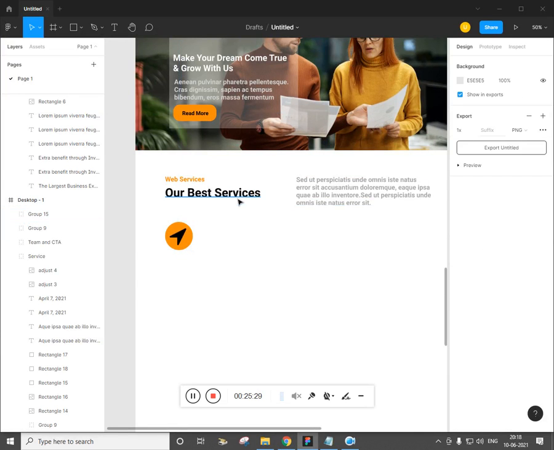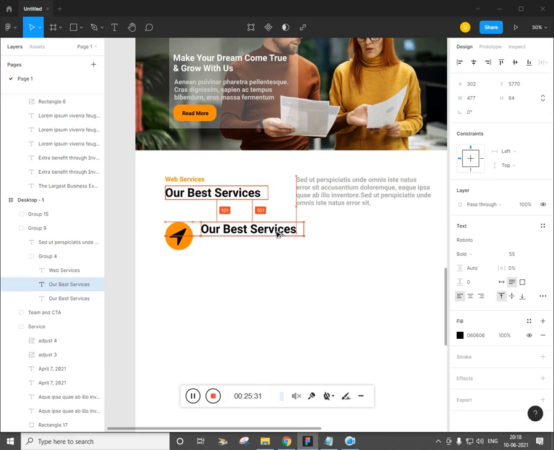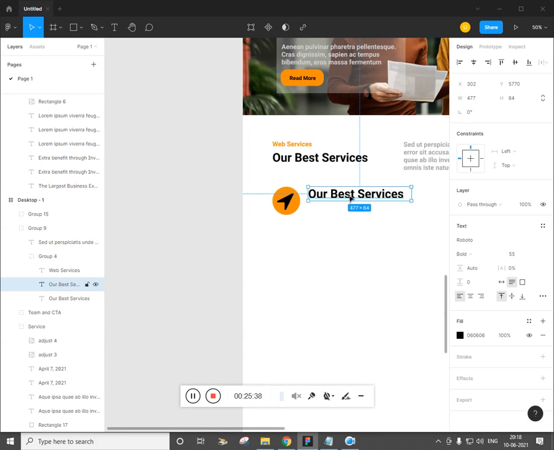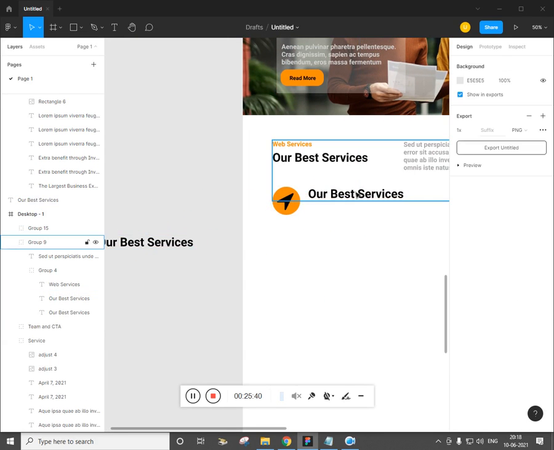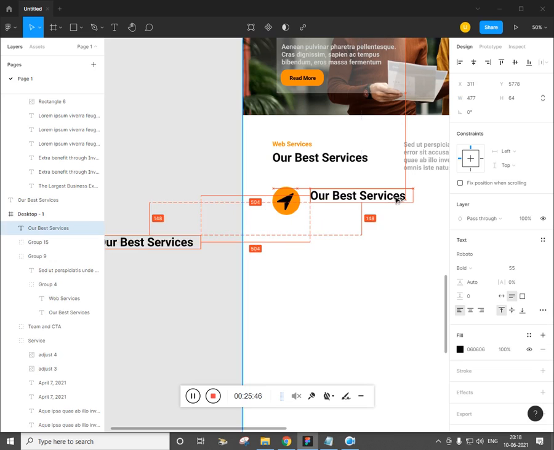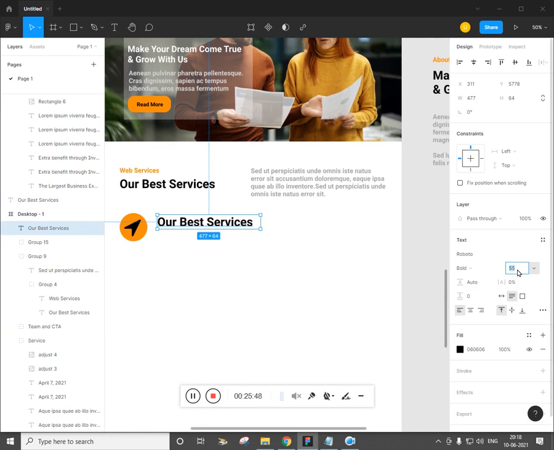and select this guy individually, alt drag, and let's take this guy out and delete this one, and now you can place it inside, and you can decrease the size, let's say 35, and you can add the phone number for visitors.